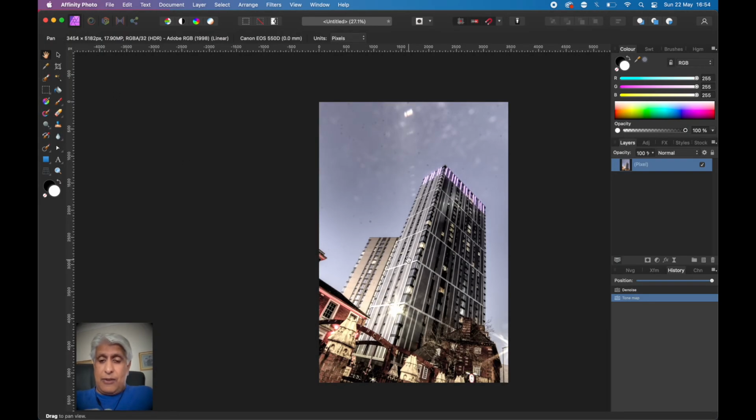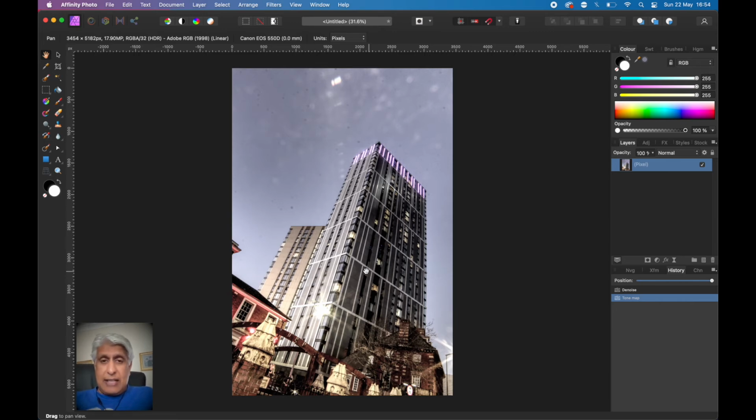So we're now in the photo persona. Let's just center that. Command and 0, or Control and 0 on a PC. And you can see there's lots of artifacts on here. Now some of this is dust and dirt on the sensor, but some of it is light reflections, because there was a street light just above here, and if you don't use a hood you can get some of that. But very simply, do a new pixel layer